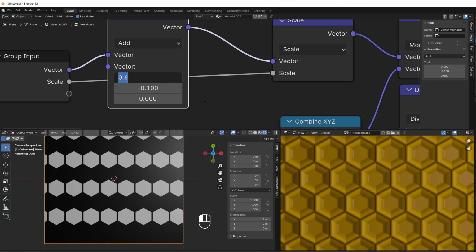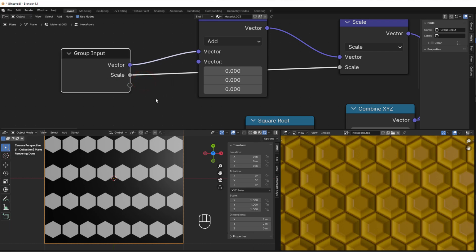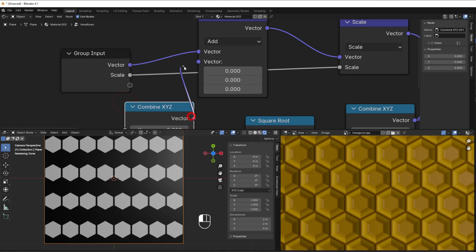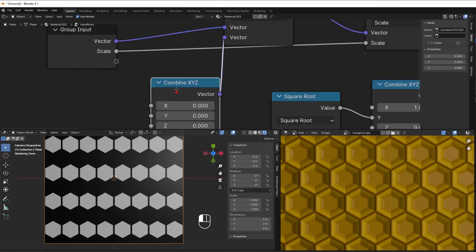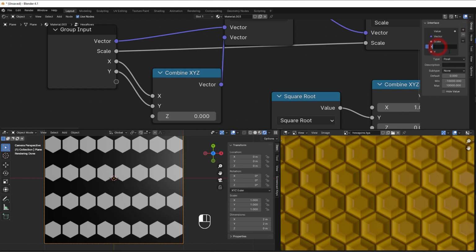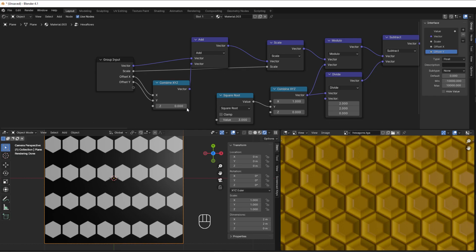So we can then put this to 0 and this to 0, and then we do combine here. So Shift A, converter, combine XYZ, put that into this, and then I can just drag this to here and drag this to here, and I can go here to group and double click on the X and write offset X, so we know that. And we can do the same, double click and offset Y, so we have that in. So that is things that we need to have,